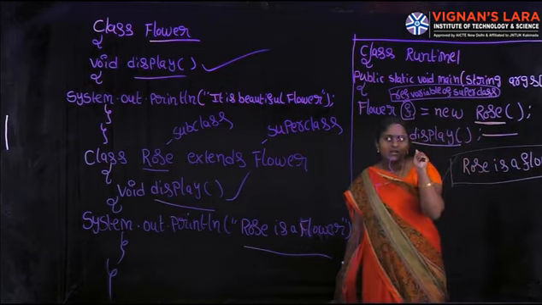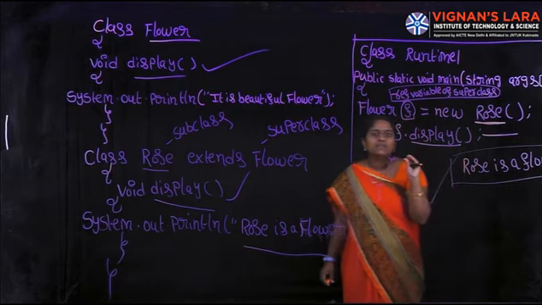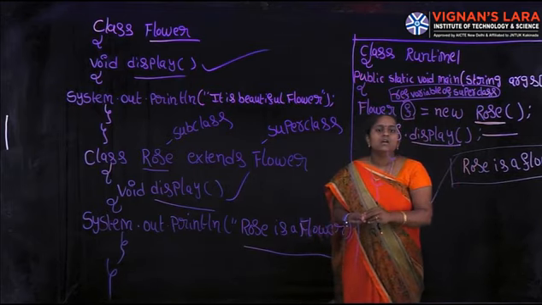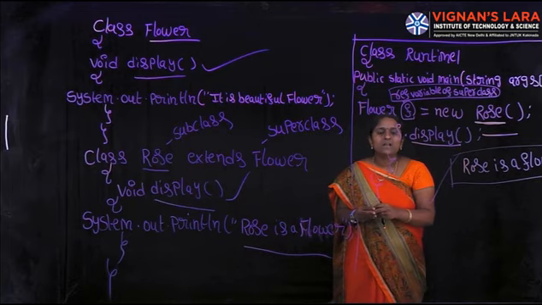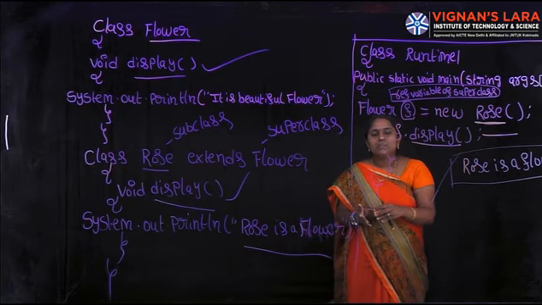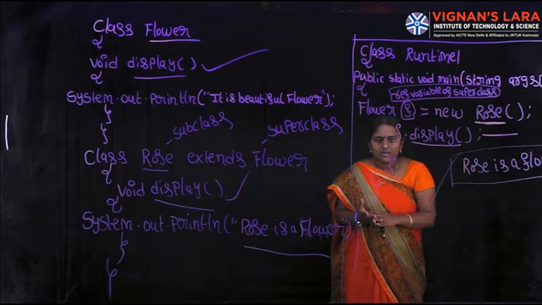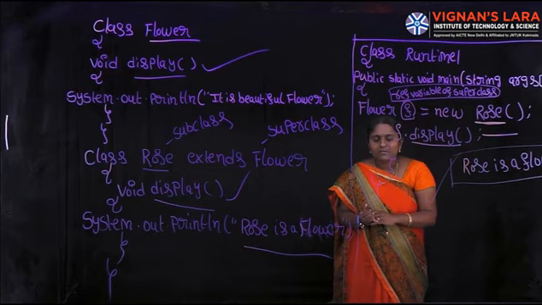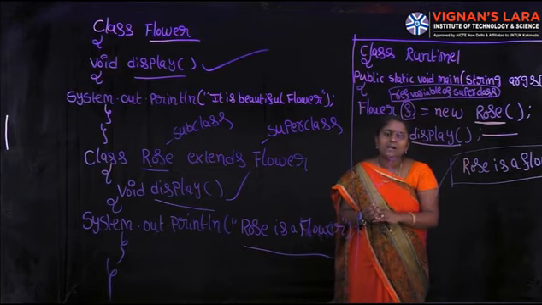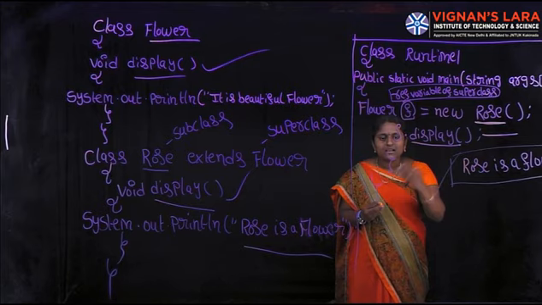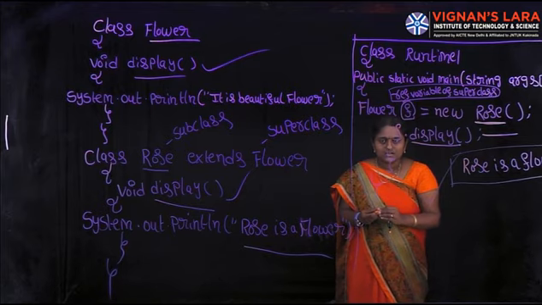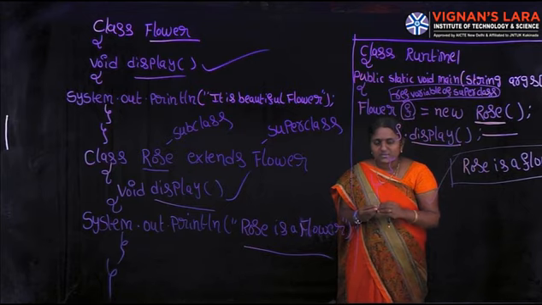Okay, so here we can always call the overridden method with the superclass reference when a subclass object is assigned to the superclass reference variable. In this process, an overridden method is resolved at runtime rather than compile time. A superclass reference can refer to the subclass object. It is called runtime polymorphism. It is a most valuable and important concept in Java programming.